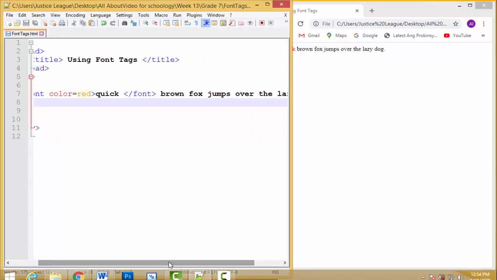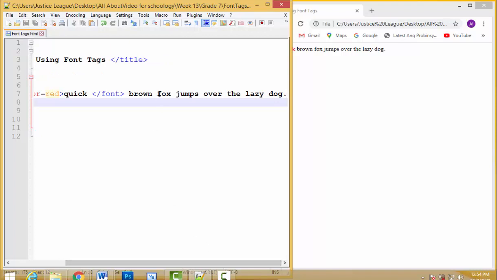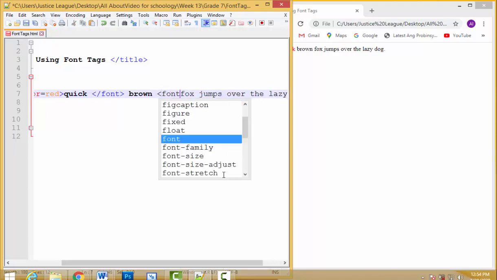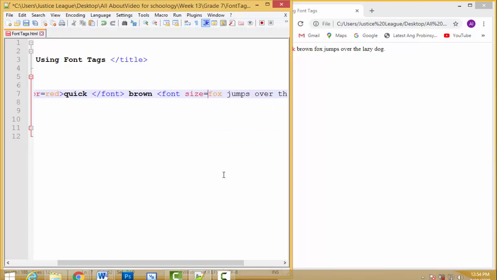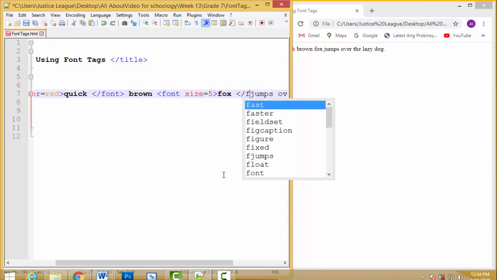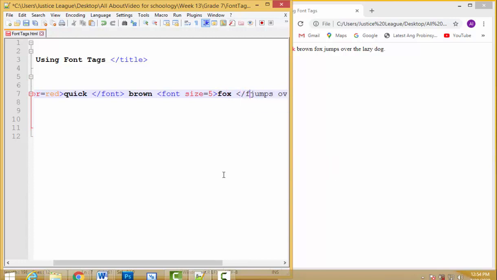Now, the second attribute of font is the size. In this sentence, let's take the word fox. Let's change the size of this font. Since I only want the word fox to be changed to a different size, size equals, let's say, 5. Therefore, I will close it with slash font. Let's save,